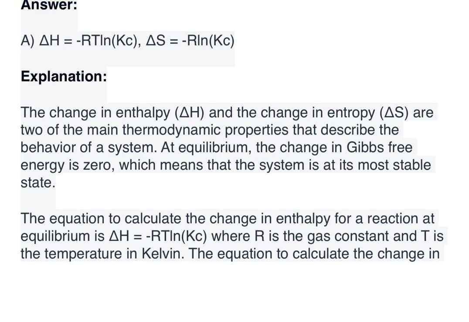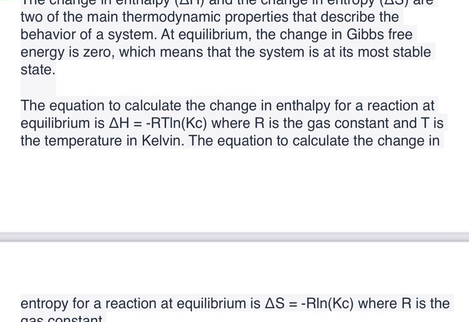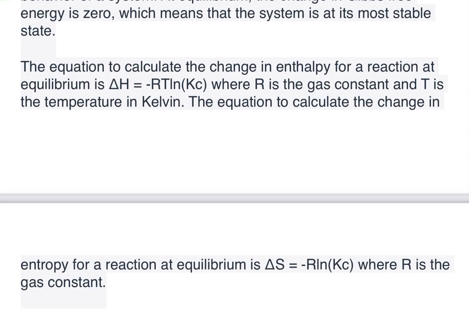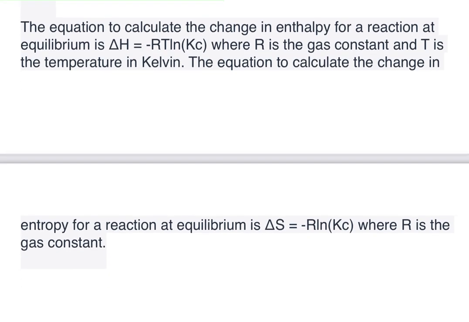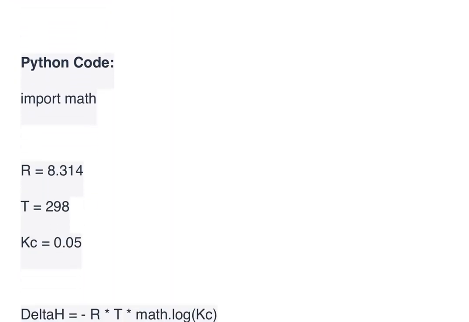Explanation: the change in enthalpy, dH, and the change in entropy, dS, are two of the main thermodynamic properties that describe the behavior of a system. At equilibrium, the change in Gibbs free energy is zero, which means that the system is at its most stable state. The equation to calculate the change in enthalpy for a reaction at equilibrium is dH = -RT ln Kc, where R is the gas constant and T is the temperature in Kelvin. The equation to calculate the change in entropy for a reaction at equilibrium is dS = R ln Kc, where R is the gas constant. Python code: import math, R =